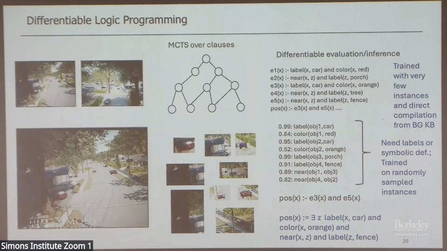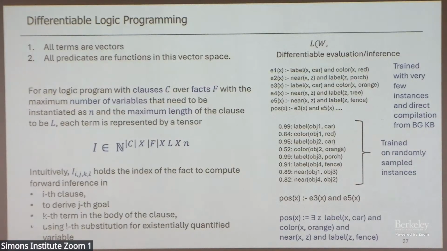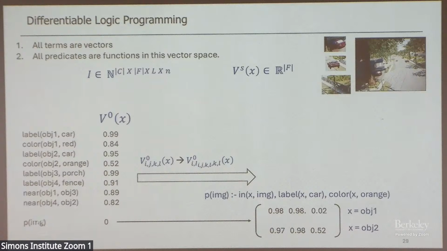Then the other part is that we have these uncertainties coming from the intermediate ground observations that we are doing. We are able to quantify uncertainty on nearness because the middle layer is going to compute all that. Now we need to put all of this together to do the inference on logic programming. I will skip the details here. We have tried to implement it numerically because these systems often work on GPU. If you can convert all of this to a tensor programming problem, the entire thing becomes much more homogeneous and faster. The details are in the papers that you can look at.